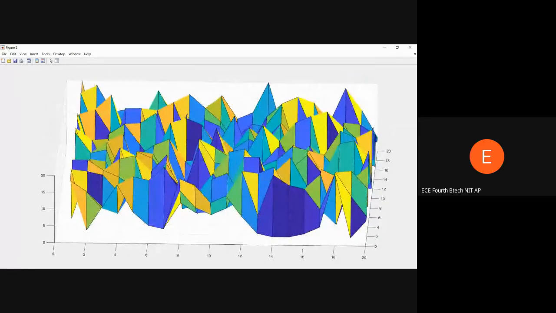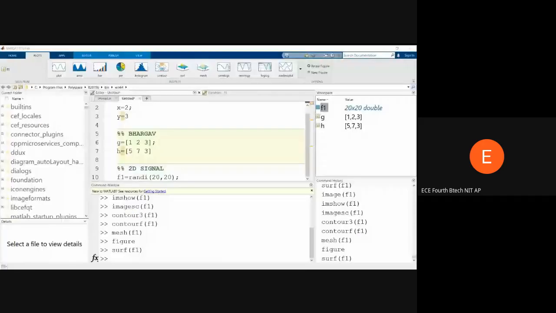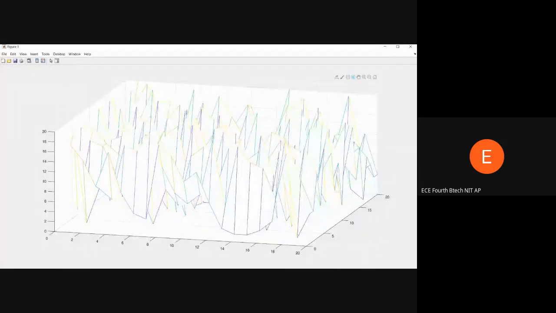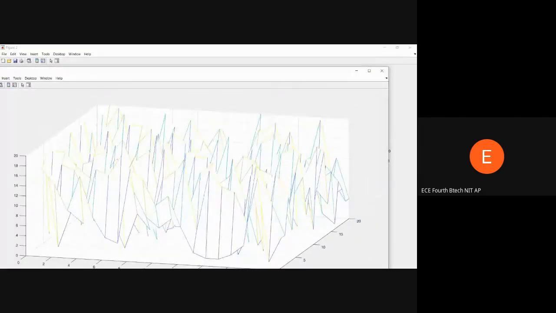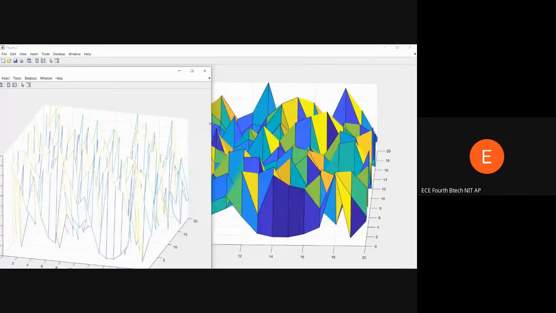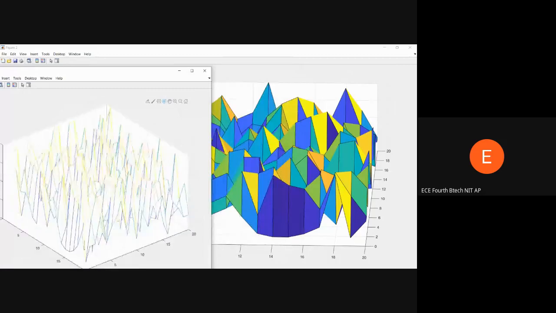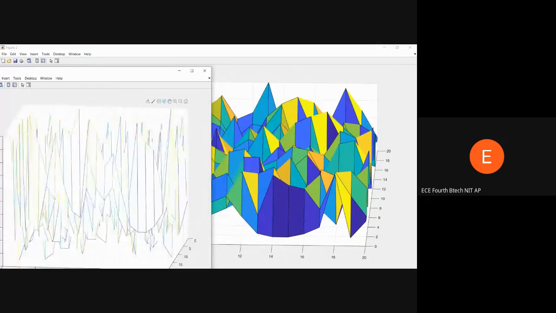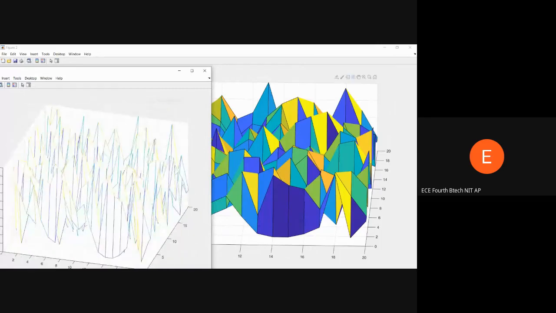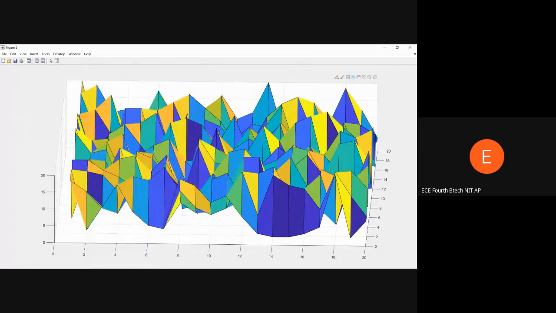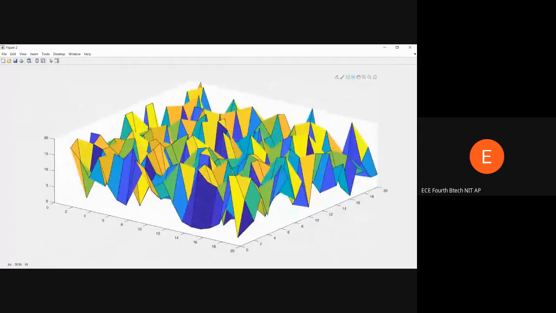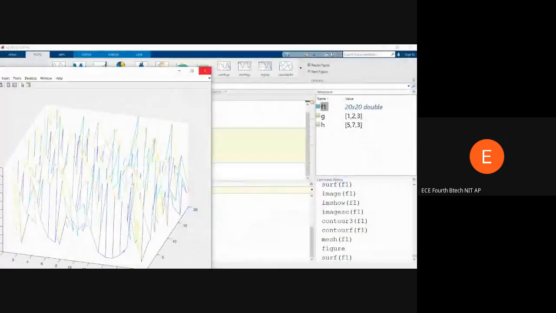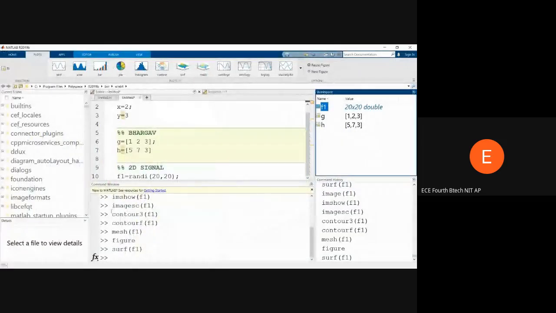The difference is the mesh version. Yeah, you can see both represent the same. So as such, there is no meaning to this, but if you try to read an image,